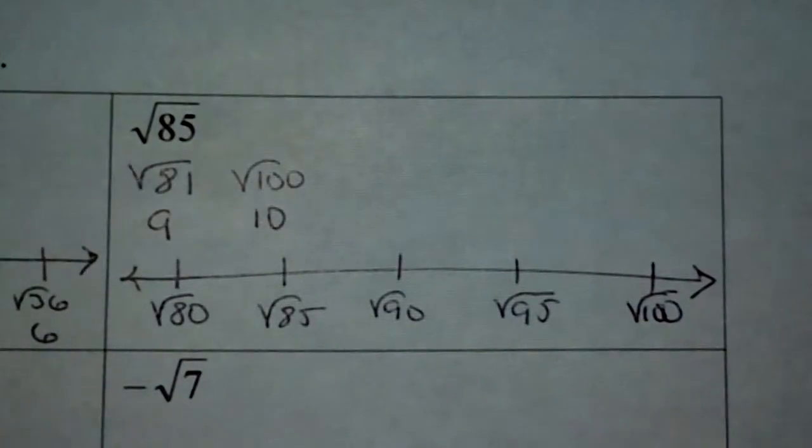And maybe you didn't count by 5s, maybe you counted by 4s, maybe you started at 81 and counted by 1 and made a whole bunch of little tiny tally marks. You're still going to be able to get to the same answer at the end, so it's fine. Alright, so the square root of